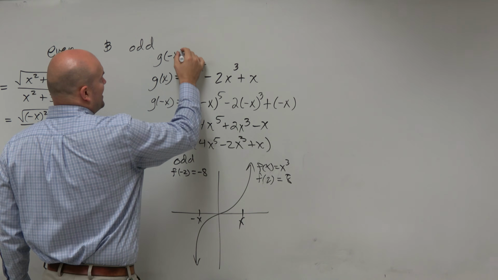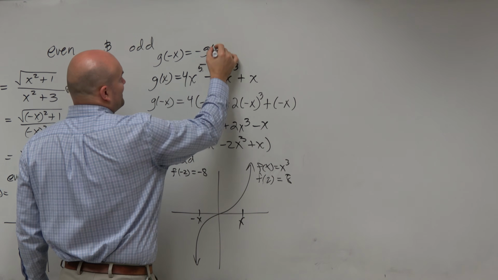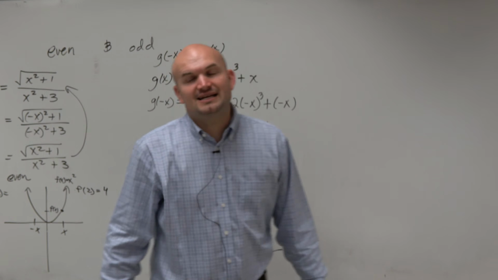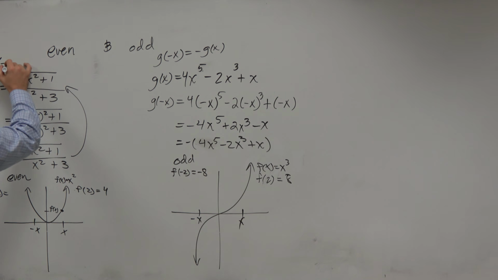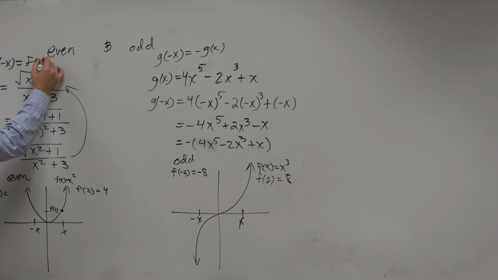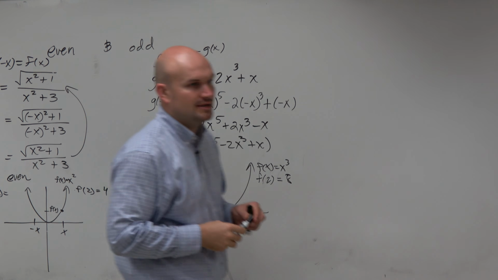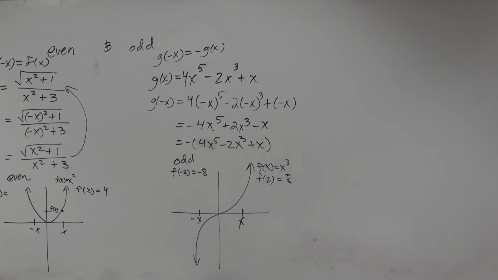If you have g of negative x and you get the opposite of g of x, then it is an odd function. And I didn't write this in here. I should have. f of negative x gives you the same function, f of x. Then it's even. OK? So all you guys really need to do is plug it in. Now, you could also use numbers and see if the numbers are